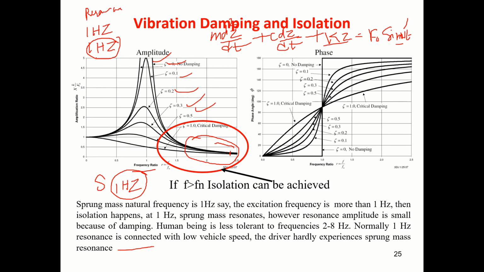But if I go on increasing the car speed, my excitation frequency will be very different from the natural frequency. So the chances of resonance occurring are completely eliminated. That is why, if I fix the car frequency at 1 Hertz, we normally don't run our car at 8 kilometers per hour. We just pass through this point. That means the chances of the car undergoing resonance are completely eliminated, and the occupants will always feel comfortable.